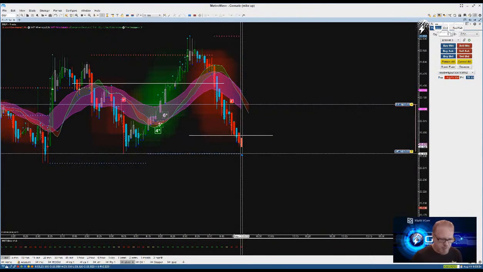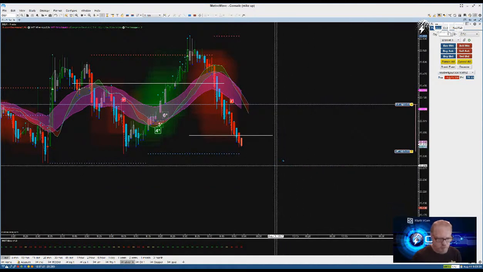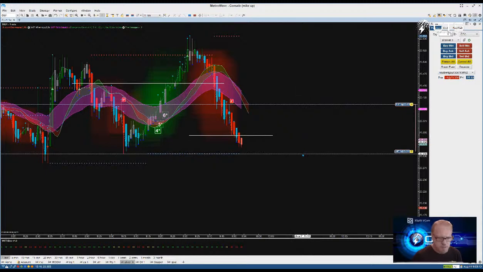Yeah, I'm going to push it down to the support because that's where it's going. And that's pretty good. It's like a $100 move if we can get down there to it. Just kind of trying to get some profits back this morning. A little short one.